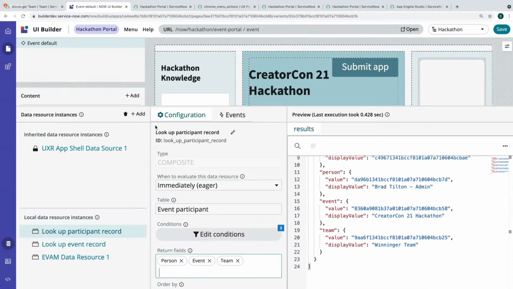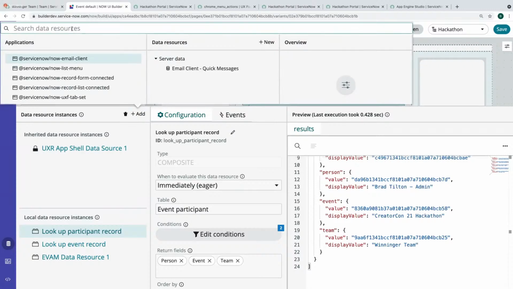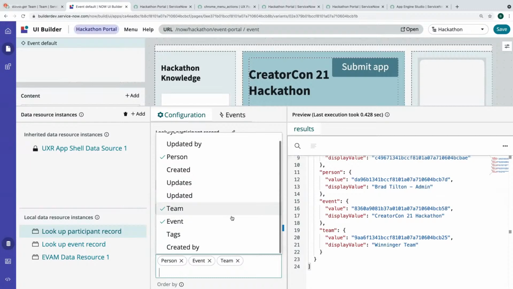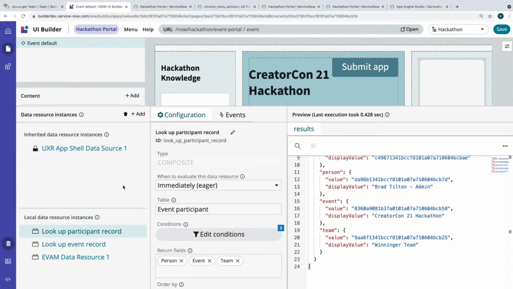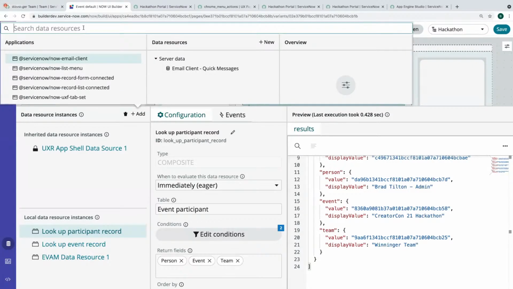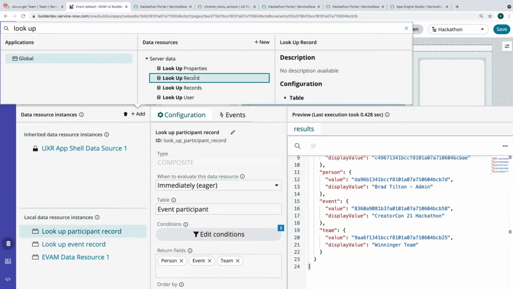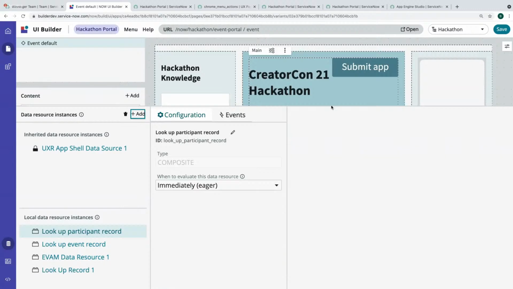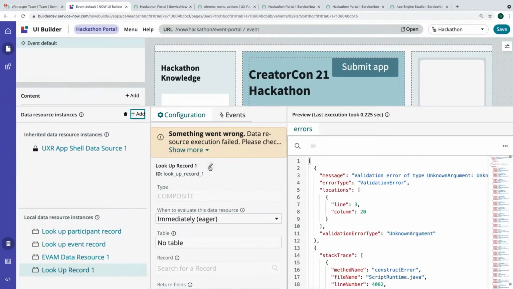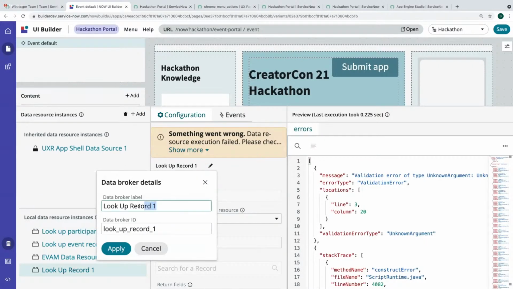All right. So let's add another data resource that grabs team data, because I can't get related data from here, right? Yeah. Okay. So I want a new data resource. We're going to call it lookup record. We're going to scroll down and hit add. I'm going to rename this to lookup team.